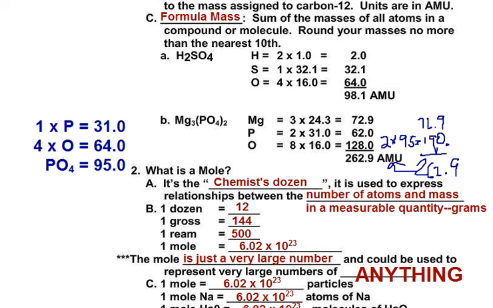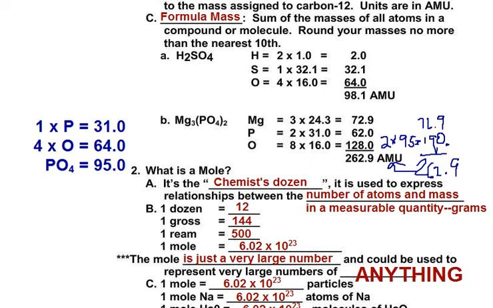Then a mole of magnesium would be 2 times that number, which would be 1.2 times 10 to the 24th. Or if you look at it, it's 12.04 times 10 to the 23rd, and then you move the decimal for the scientific notation. If you have 3 moles of chlorine, Cl2, that's going to equal 3 times 6.02